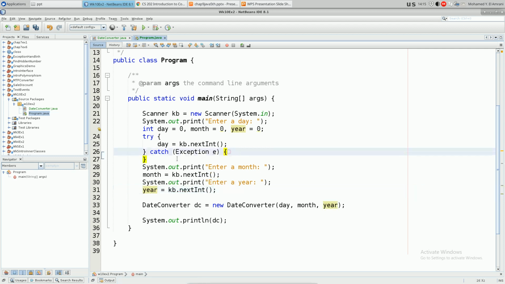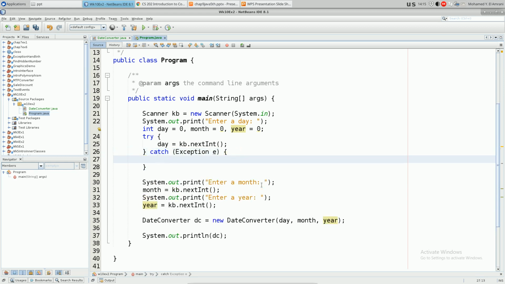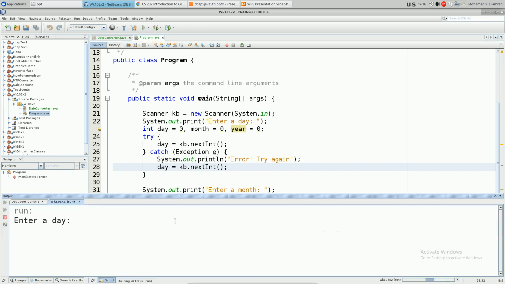Now, what happens if you try and you catch an exception? You want to do something. So what happens if there's an exception? The user is trying, we ask him to enter again. Like, let's copy this, and then System.out error, try again, right? And then something like this, right? What if I run it? It gives me